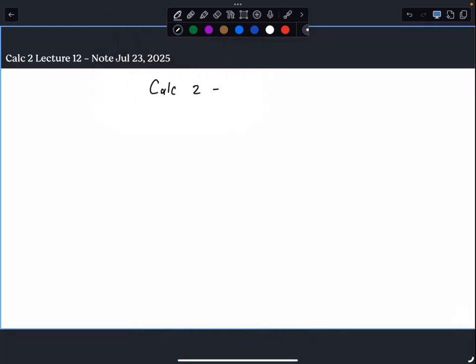Calc 2, Lecture 12. So we last talked about linear and quadratic approximations, and we defined the linear approximation as L of